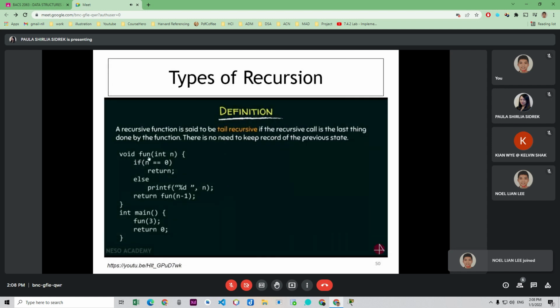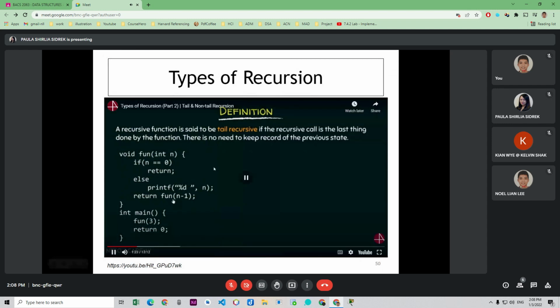As you can see inside this function, we have one if construct and else construct, right? Now if you observe this code carefully, you can see this is a recursive program, as we are calling this fun function again within this function only. But this is a tail recursive program. Why is this tail recursive? Let's see the definition. If the recursive call is the last thing done by the function, please highlight this line. This is the recursive call and this is the last thing done by the function, because after this recursive